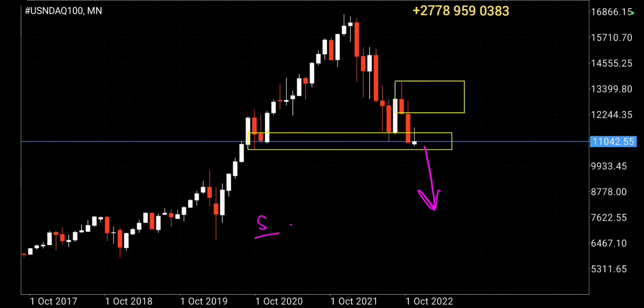The support is the one that is holding, or the one that gained control. But if it gained control, we should be searching for trades to go to the upside. Yes, that is true, but there are also certain points that are working against this. So the support obviously is trying to push the upside, but there are certain points on this time frame that are suggesting that the price can end up doing this. So you need to wait for the price to decide where it wants to go before you can plan taking